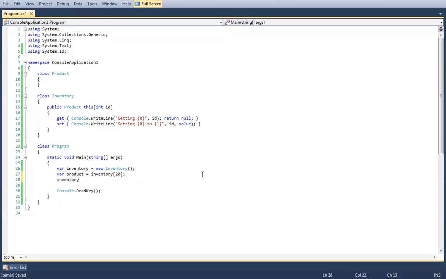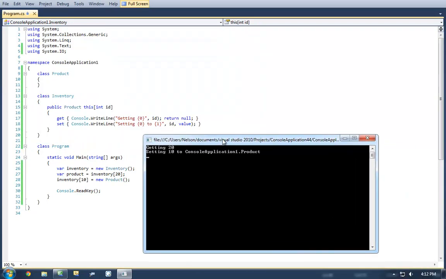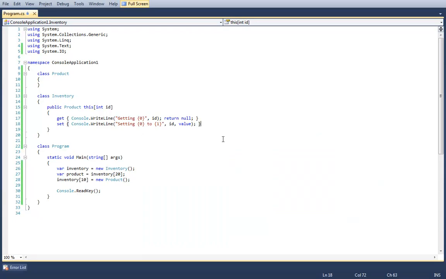If I do inventory 10 equals new product, the method that's going to be invoked is the setter. Which should make sense, really. The only difference between this and a normal property is that indexers are parameterized, in that we can pass parameters into the properties themselves.